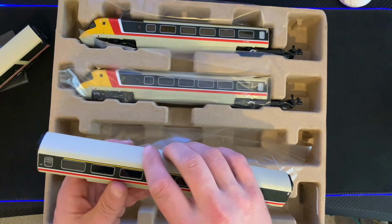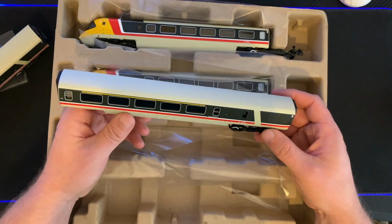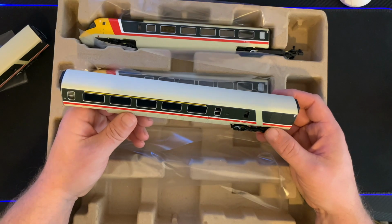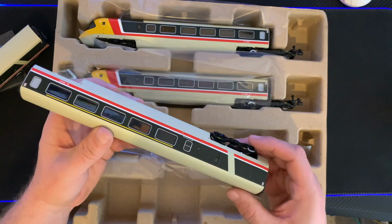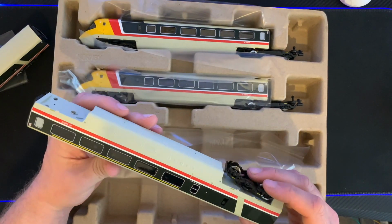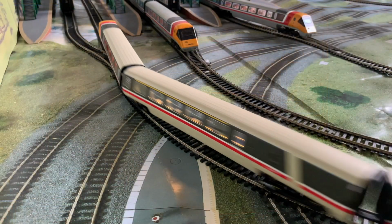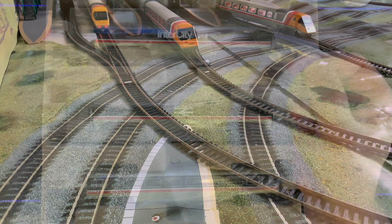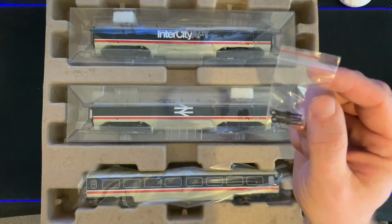So in the same way as the driving trailers, the next coach is pretty much exactly the same as the one we just looked at, only this one has a fleet number of SC48602. Pretty much absolutely identical to the one we have just looked at, so we won't waste any more time on that. So now we're on to sleeve 2, and yet again we've got some more spare couplings, some more